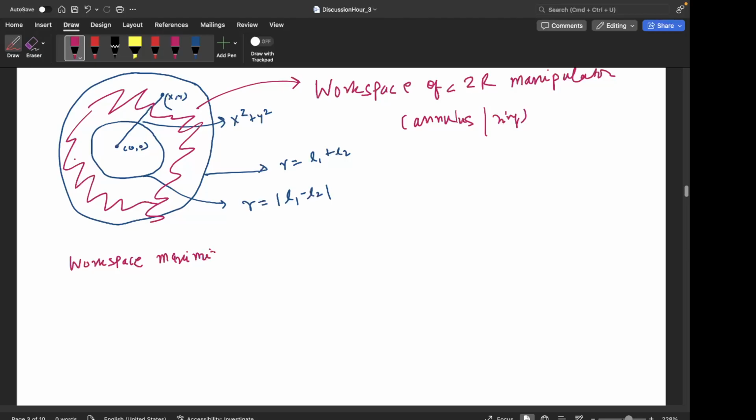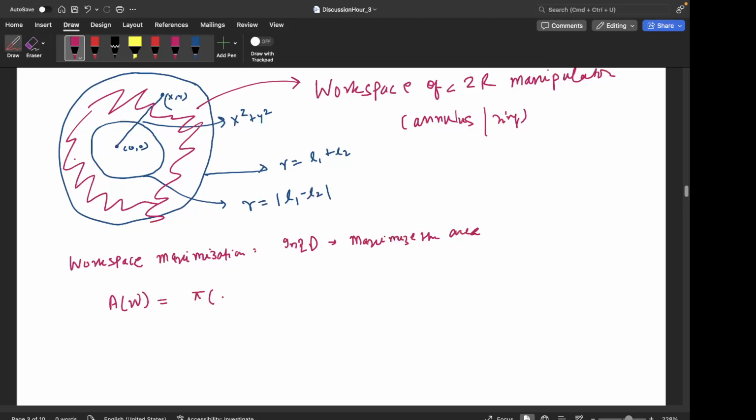So workspace maximization, right? Since we are talking about 2D, that is equal to maximizing the area of the workspace. In 3D it would be maximizing the volume. So the area of the workspace W here is given by the area of the bigger circle minus the area of the smaller circle, right? So the area of the bigger circle is